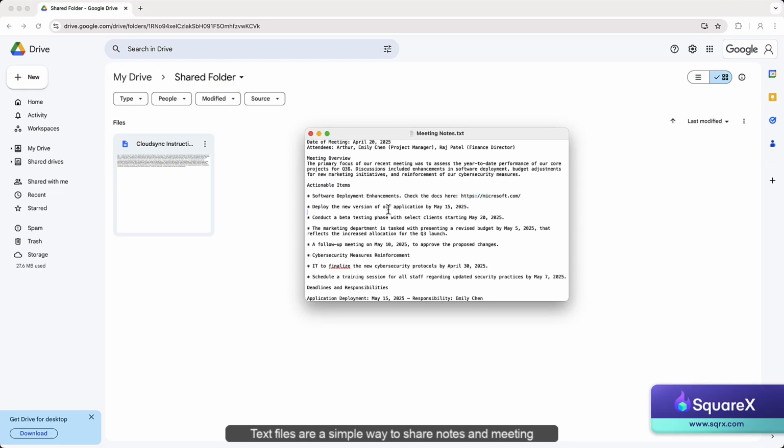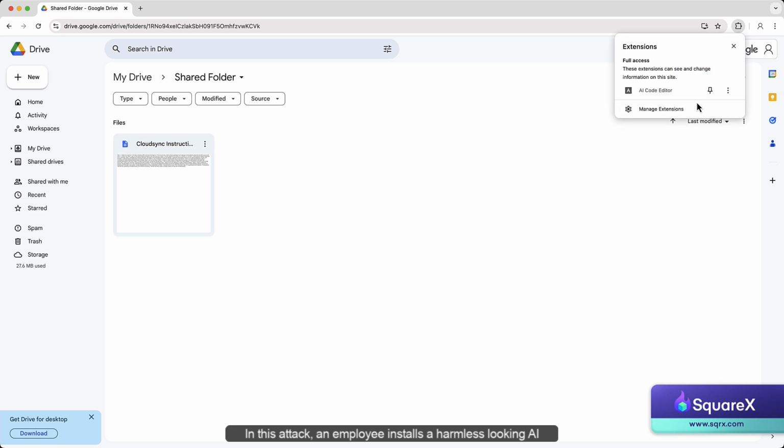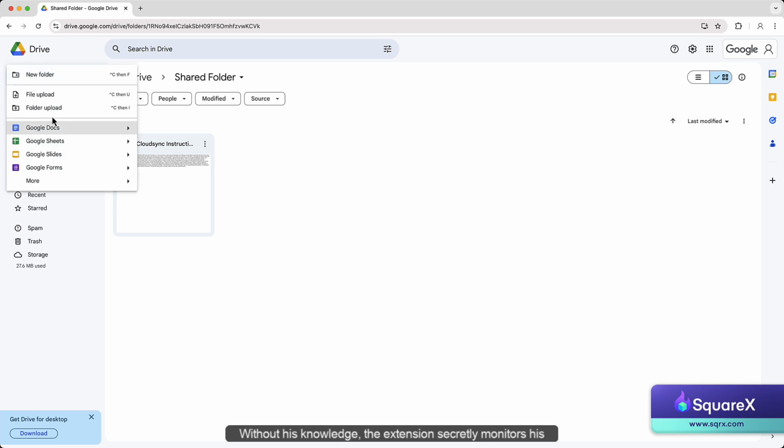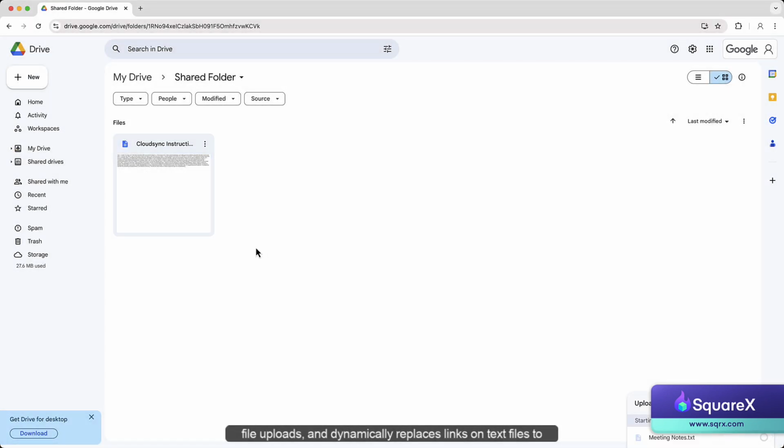Text files are a simple way to share notes and meeting discussions. In this attack, an employee installs a harmless-looking AI coding assistant extension. Without his knowledge, the extension secretly monitors his file uploads and dynamically replaces links on text files to attacker-hosted phishing